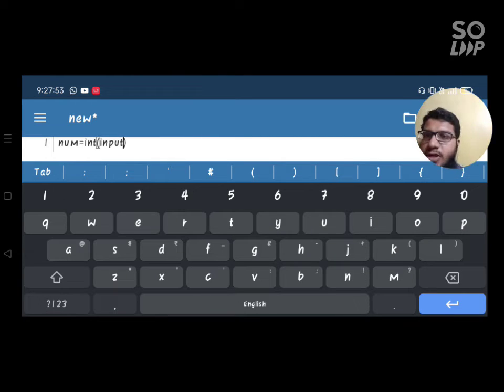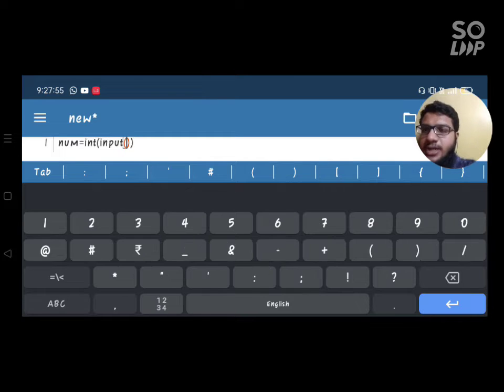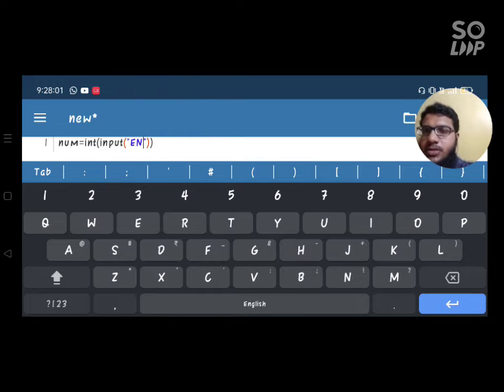After that I'll be opening one bracket, and then here I'll be typing: enter the decimal number to convert it into binary.